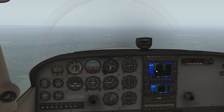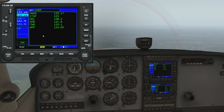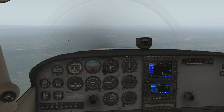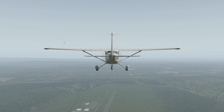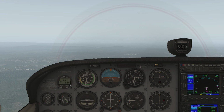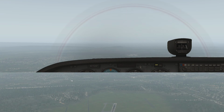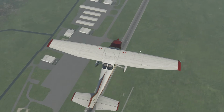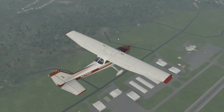All right, at 5.7, I'll switch over. Actually, I'll switch this over to, look at that, ground speed 120, I estimated 115. Not bad. Not a bad estimate. Oops, so what was the time again? 5.6. Let's wait till 5.7. 5.7. Look at that. We're at the top of the field. I know it's nil wind,